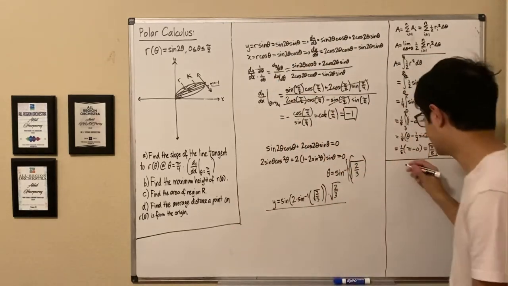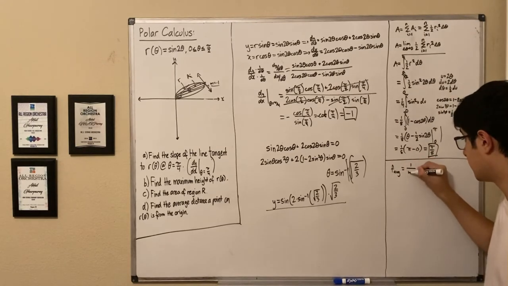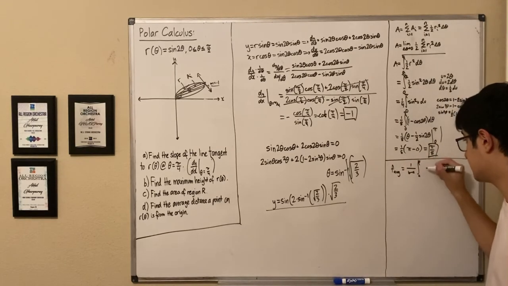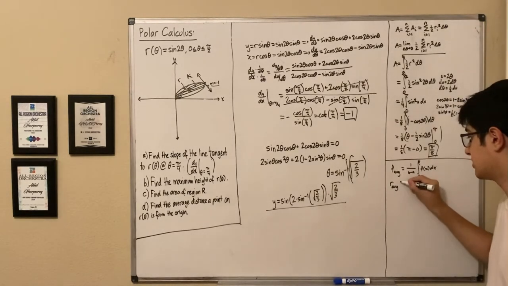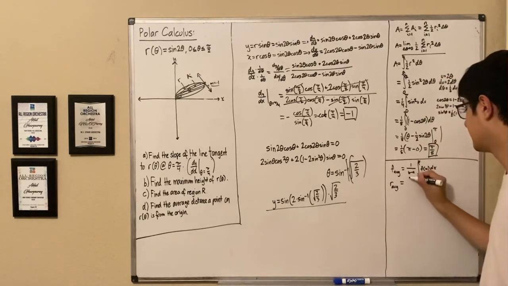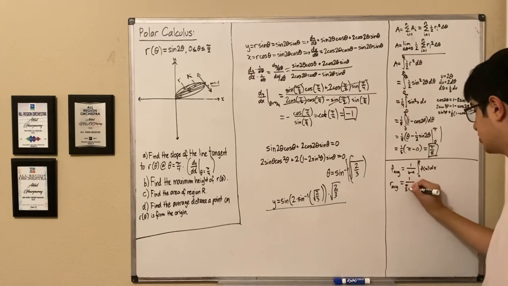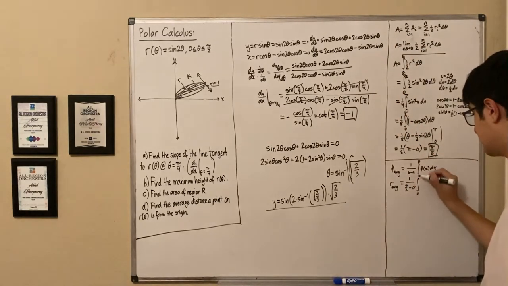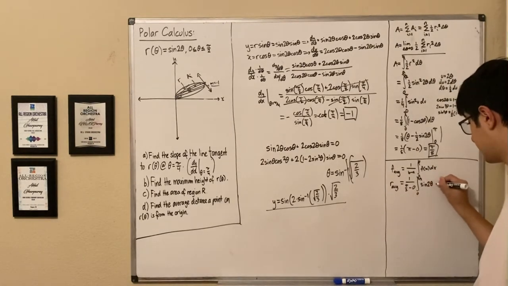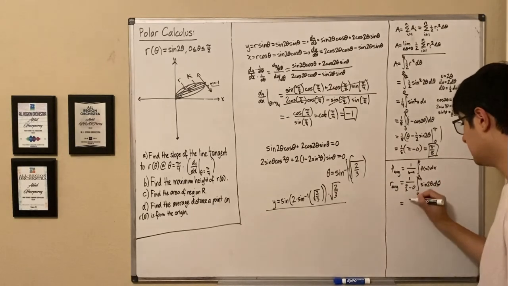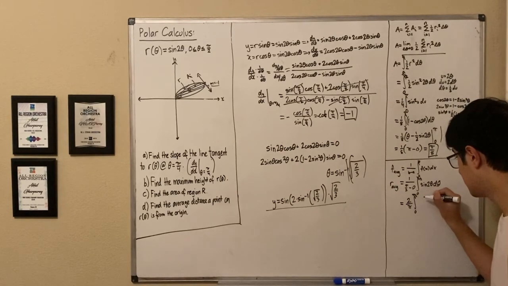And we know that from Cartesian calculus, the formula for average value is just 1 over b minus a times the integral from a to b of f of x dx. And in this case, our average is exactly the same thing. So let's go ahead and plug in our limits of integration. So this is going to be 1 over pi over 2 minus 0 times the integral from 0 to pi over 2 of sine 2 theta d theta. So this is going to equal 2 over pi times the integral from 0 to pi over 2 of sine